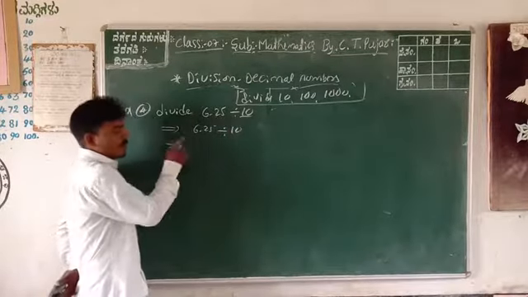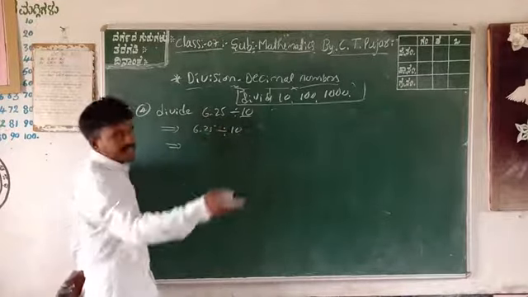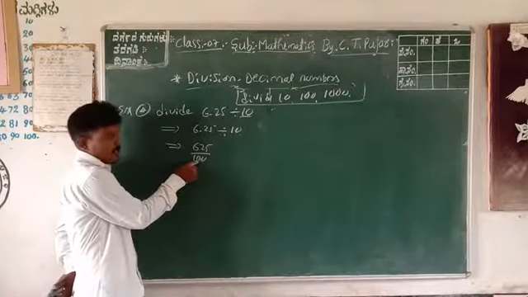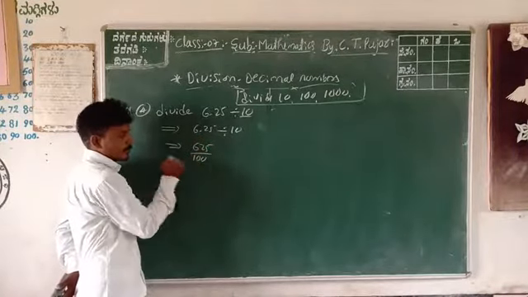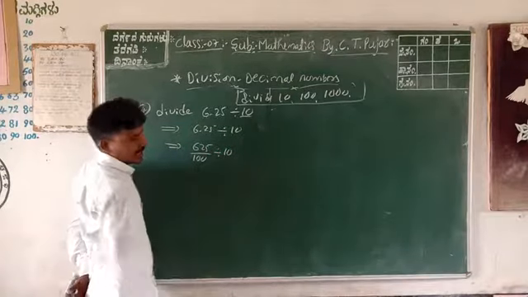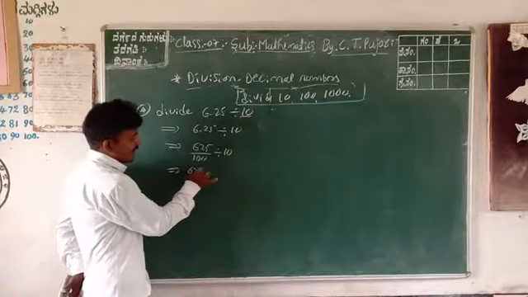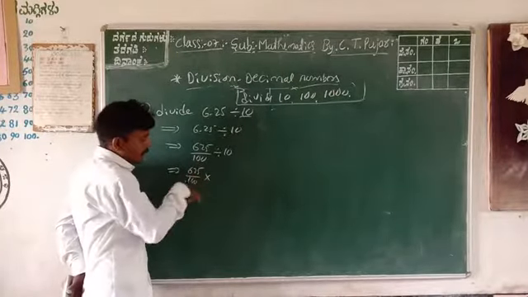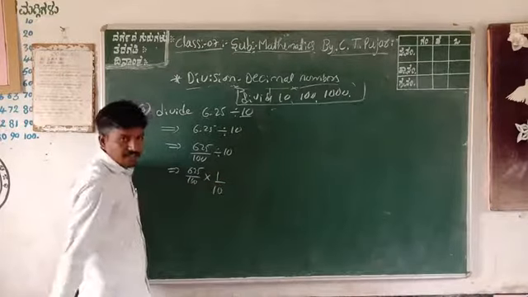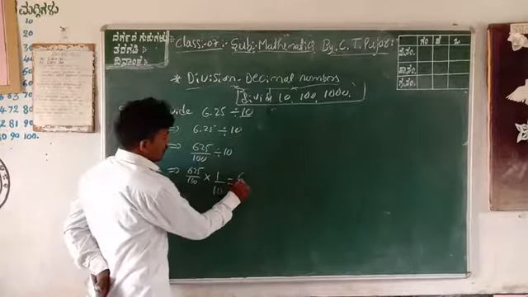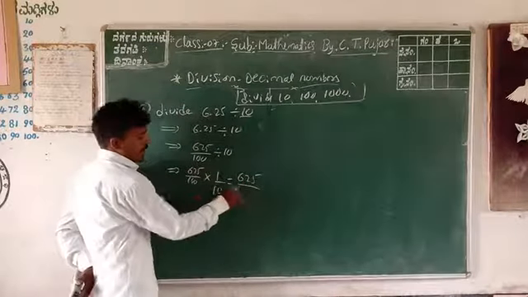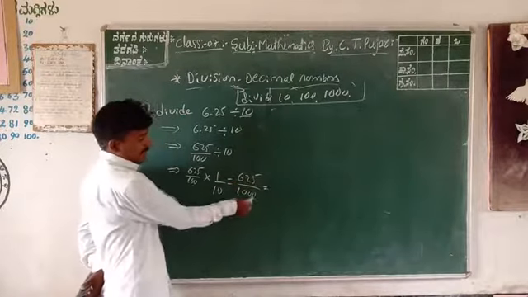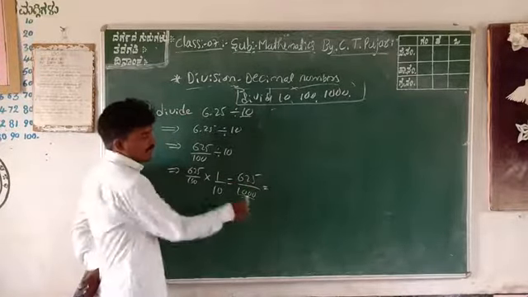First of all, convert the decimal number into a fraction: 625 by 100. Why take 100? Because there are two digits after the point. Next, simplification: 625 by 100 divided by 10. Converting to the reciprocal of 10, that is 1 by 10, we get 625 by 1000. The denominator has three zeros, so there are three digits after the point.